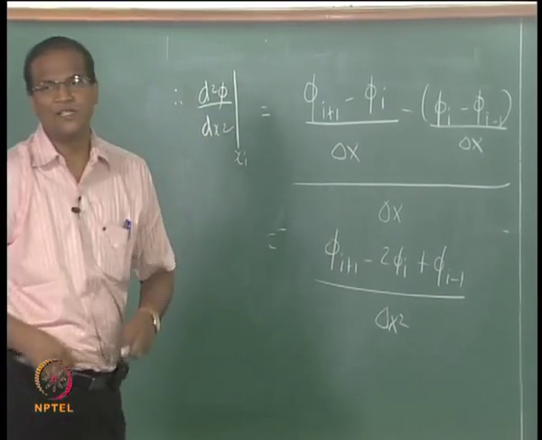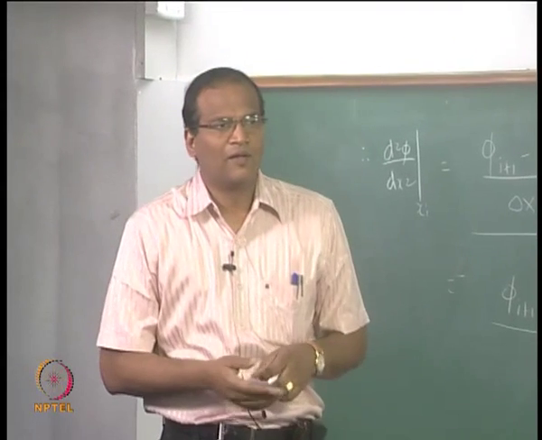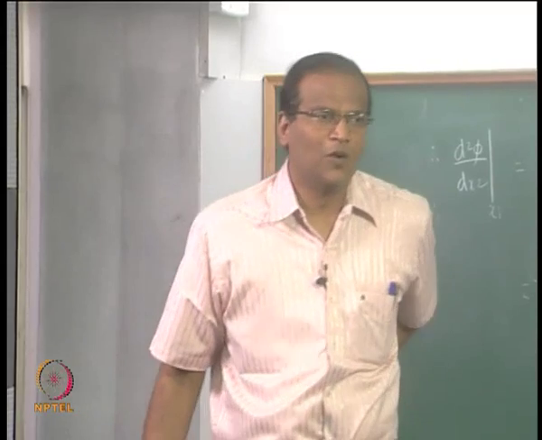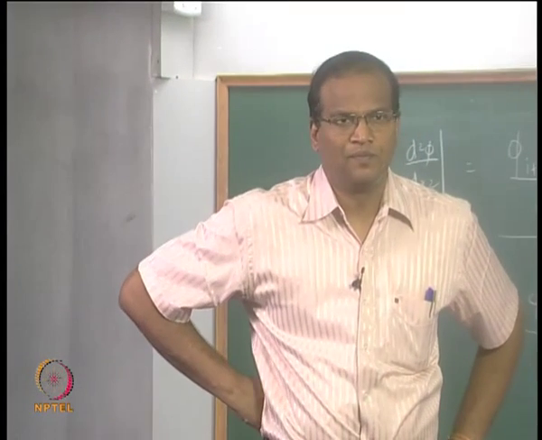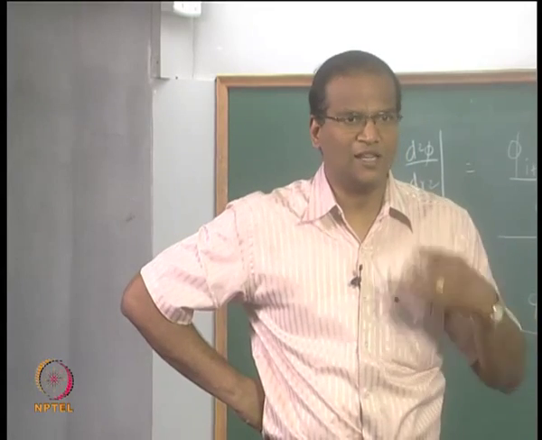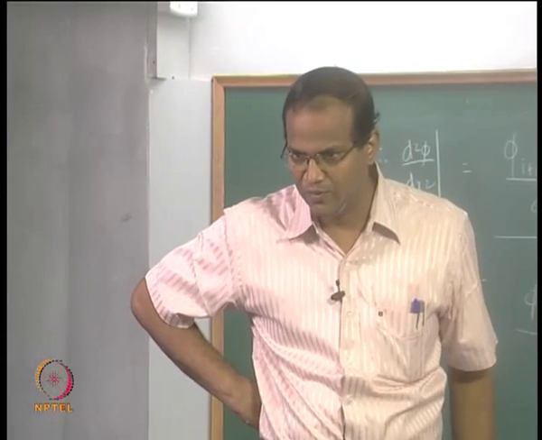This is the way central difference is worked out when somebody teaches you finite difference methods. Now you can see that the result you obtain using finite difference is very similar to what you obtain using Lagrange's interpolating polynomial. Is that clear? This was not very clear in the last class, now it should have become very clear to you.